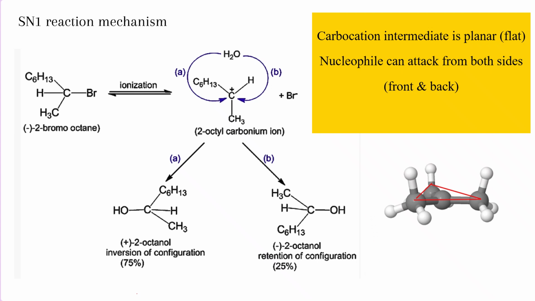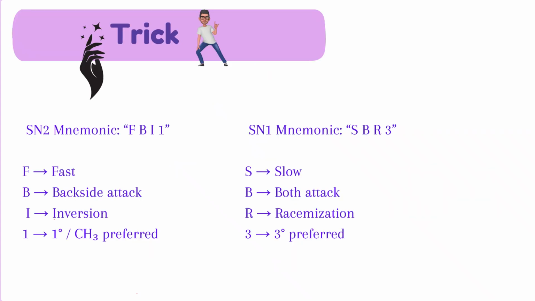So this is how you're going to remember all the steps involved in the SN1 reaction mechanism. Now, this is the trick with which you can remember the most important key terms involved in SN1 and SN2. For SN2, remember this mnemonic, that is FBI1, where F stands for fast, B stands for backside attack, I stands for inversion of configuration, and 1 stands for the preference of the substrate that is going to undergo this particular